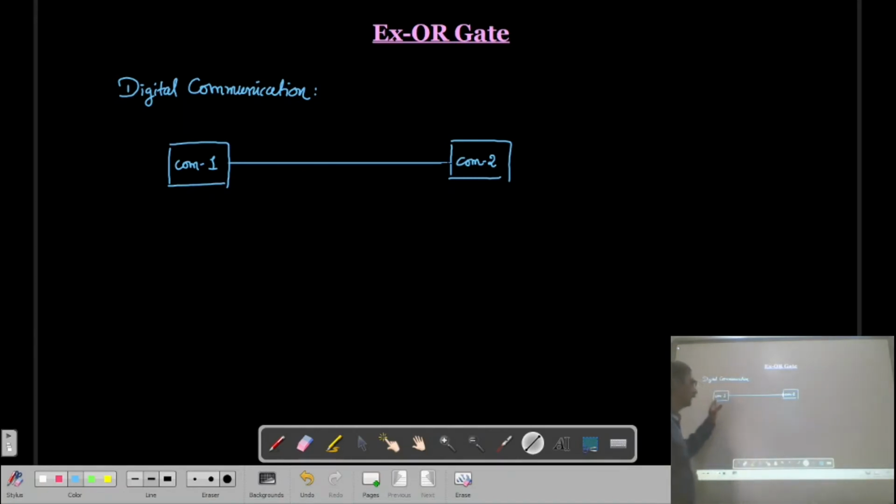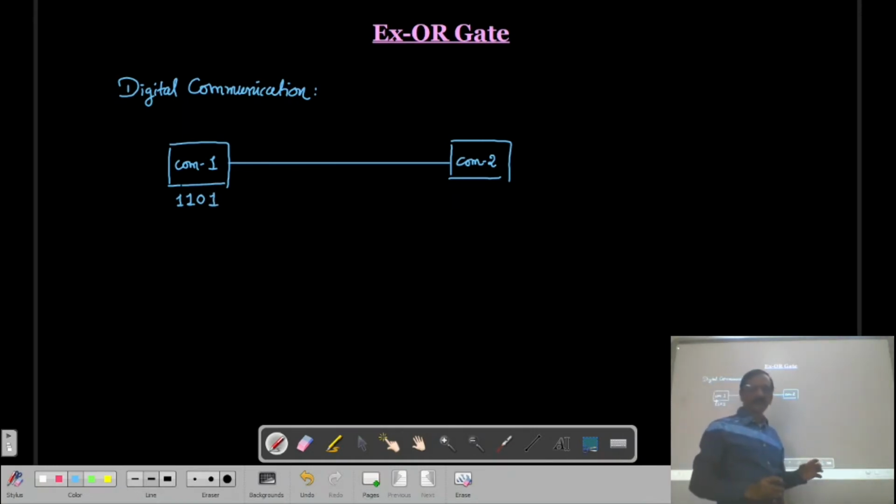Computer number 1 is sending some information to computer number 2 via either a telephone line or a cable. Suppose we are transmitting this information as 1101. This is my data, and it will be received by computer number 2.